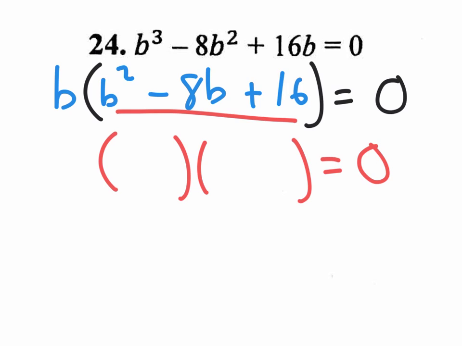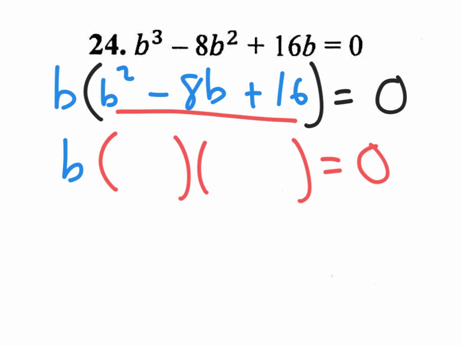Now, let's say it weren't. Let's say you couldn't factor it further. What would you do? You would use the quadratic formula. You'd have to split it. This one would be b equals 0, and then you would go this one equals 0. So you'd be able to get the b equals 0, but this guy you'd have to use a quadratic formula. But luckily, this b, you're just going to bring it down, and this quadratic trinomial, we're going to be